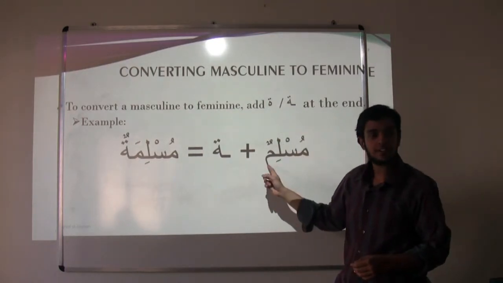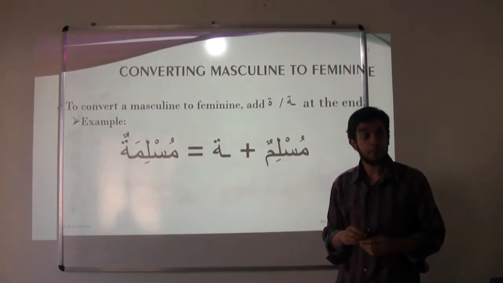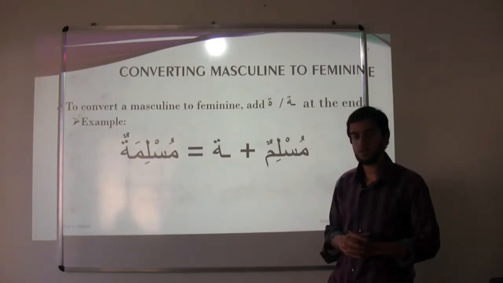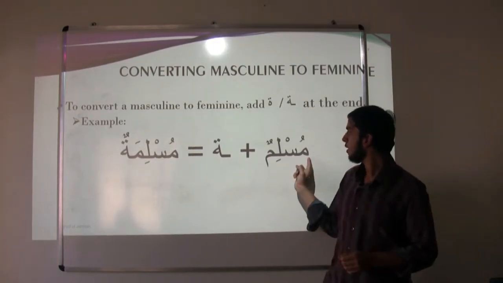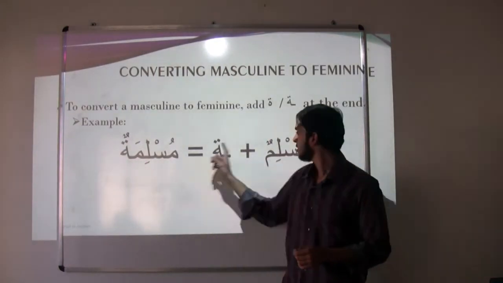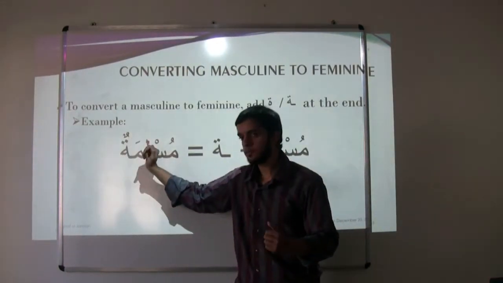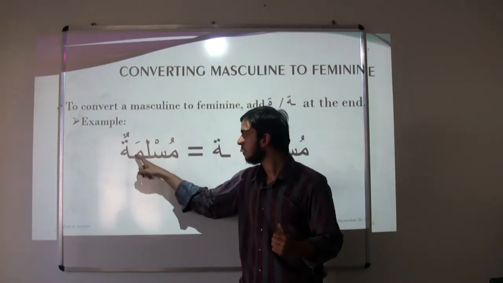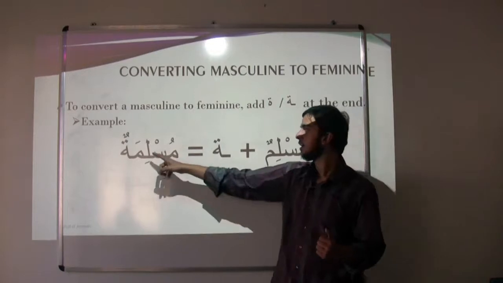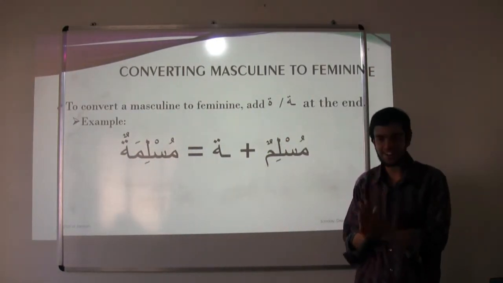So Muslim. You don't need to remember that; ta marbuta is round ta. Ta marbuta. Okay, fine. So now Muslimun plus this ta becomes Muslimatun. So this double dhamma comes from the last letter as usual because it is a noun, and the previous letter, which is the last letter here, gets a fatha. Any doubt? Okay, fine.